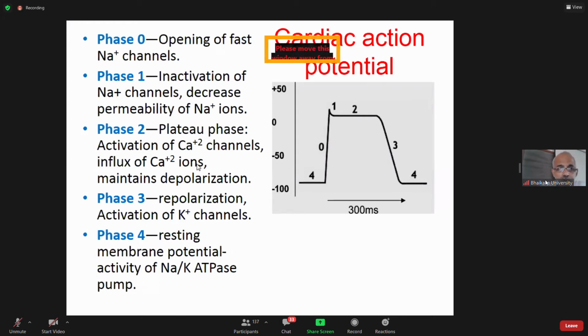Okay. So the plateau phase is seen because of the activation of voltage gated calcium channels. It maintains the depolarization. At the end of the plateau phase, the voltage gated potassium channels get activated. It will result in rapid repolarization. And later on, in stage 4, the potential is restored. Potassium channels will get inactivated and sodium potassium pump, or sodium potassium ATPase, activity will be seen and ionic balance will be restored. Clear? We'll go to the next slide.